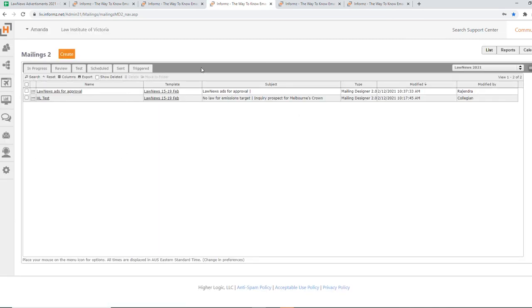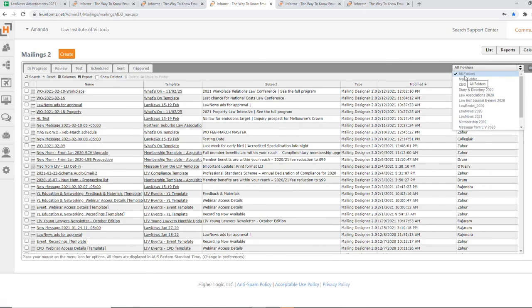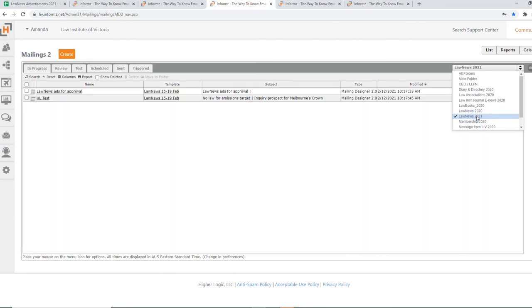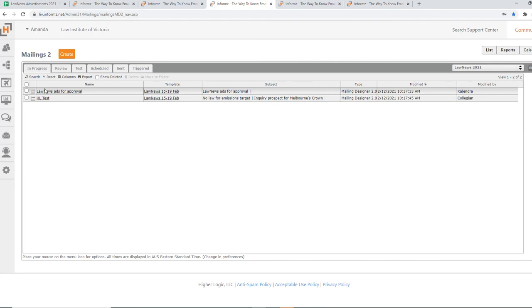Now when you click on view, sometimes it might not take you to this dedicated LawNews folder section. It might take you to the main all folders section, which has a lot going on with other people in the company actually doing newsletters as well, as you can see. So you just go to your dedicated LawNews 2021 folder. Again, there is a LawNews 2020. We haven't archived this because we're still reviewing and using information from there. So you go to the LawNews 2021 folder and you'll see how there's a dedicated